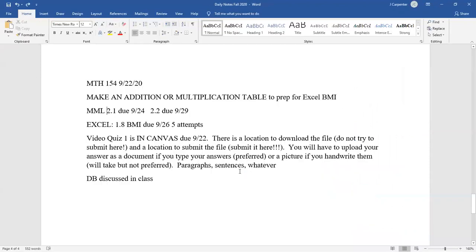So last second reminders, due dates and such. 2.1 we finished last class, so it is due by Wednesday night. 2.2 we finished today, so that's due in a week. Your Excel BMI is due on the